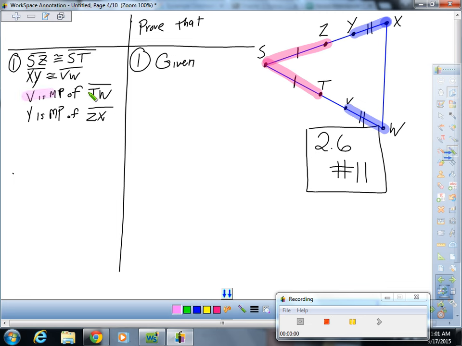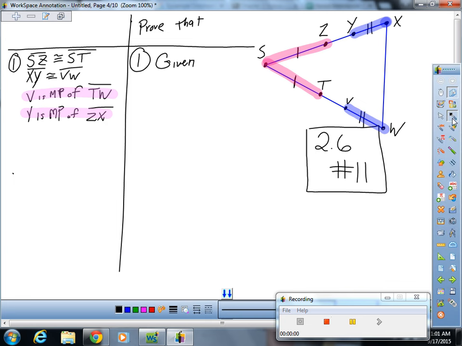Now, look what we have here. We have two statements involving midpoints. In your notes yesterday, you learned that if you see the word midpoint, bisect, or trisect used more than once, then you should anticipate that you're going to use a multiplication or a division theorem. So, let me start out by using this fact. Since V is the midpoint of TW, and Y is the midpoint of ZX, and since we know that VW equals YX, then we know that ZX